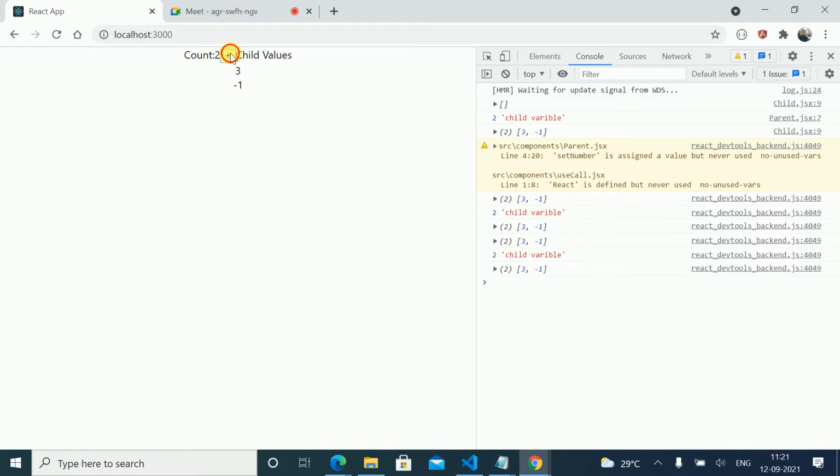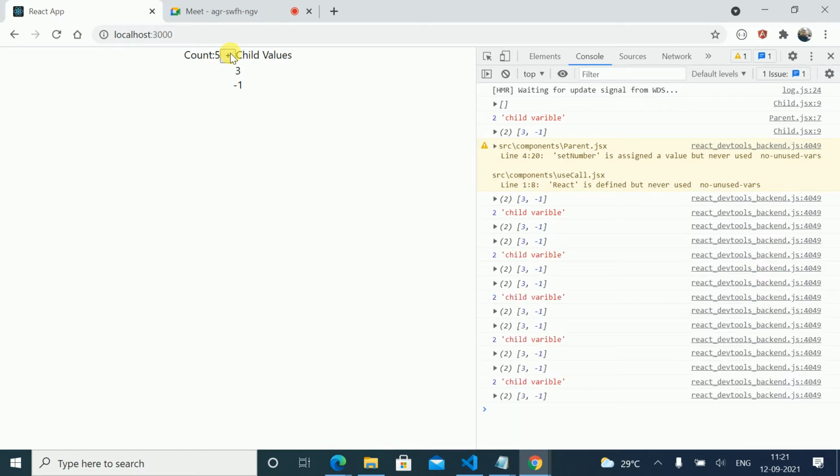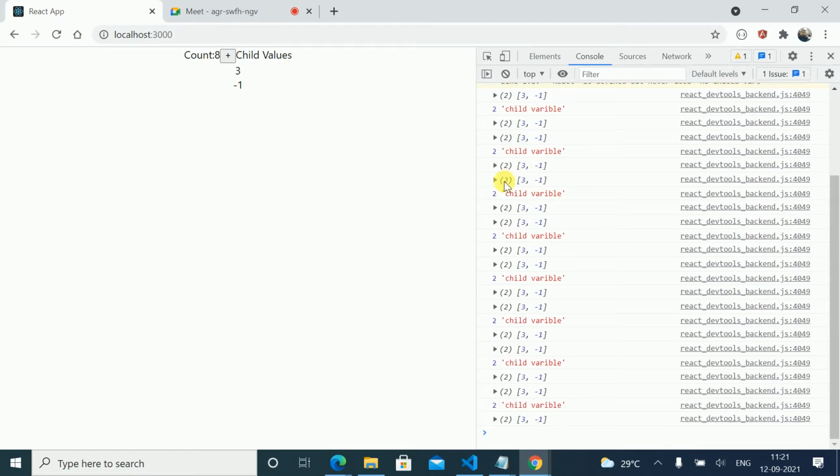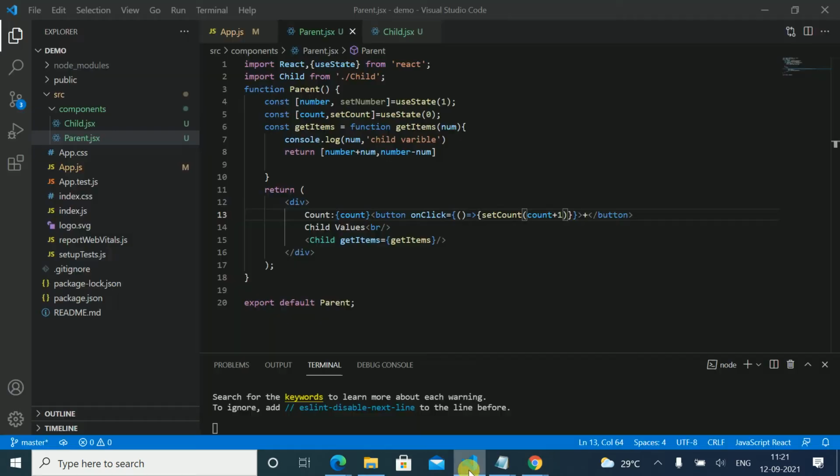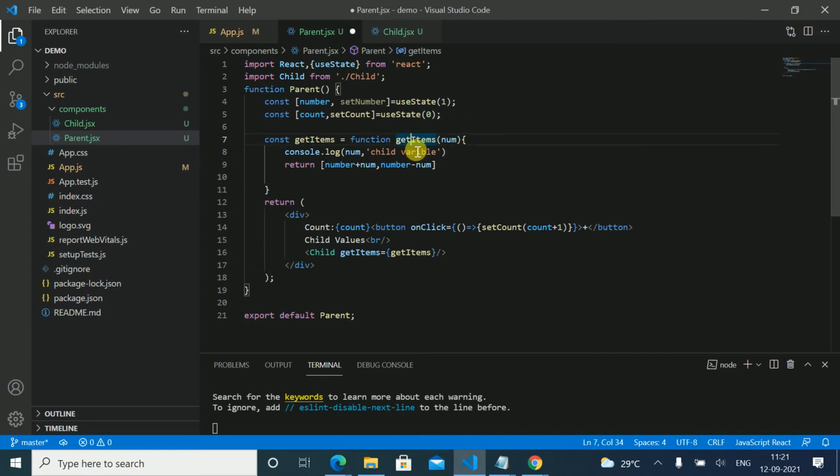So as I'm clicking on count, this callback function is being called again and again. So this is reducing our performance. If this callback function, getItem, has some database connectivity, like we are just hitting an API,